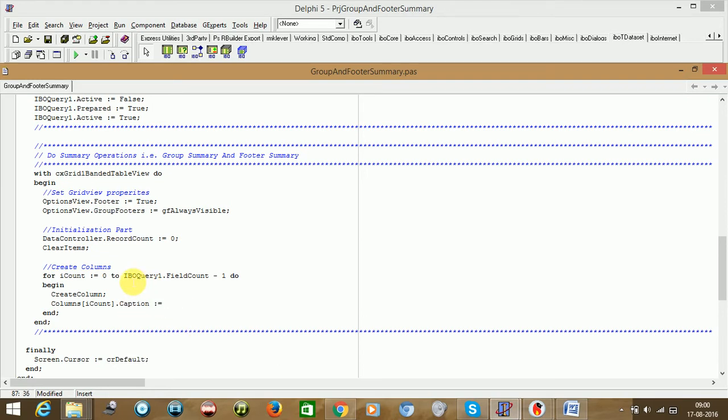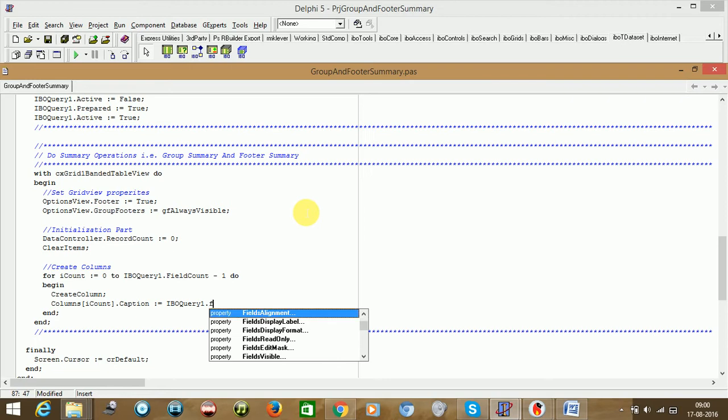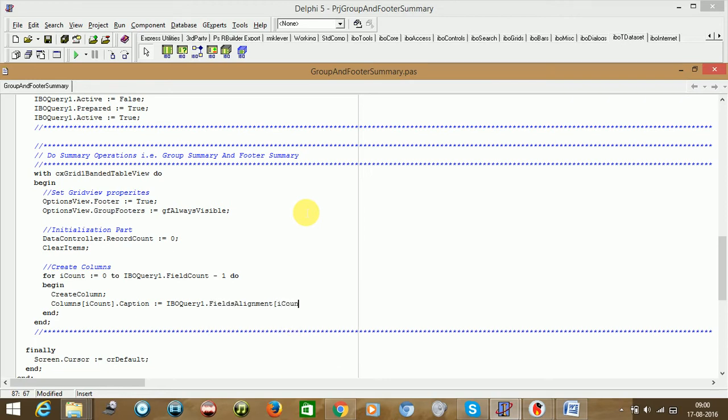So we can just take this part, take dot fields of again I count, which column in the data set, dot, we could say here, field name.